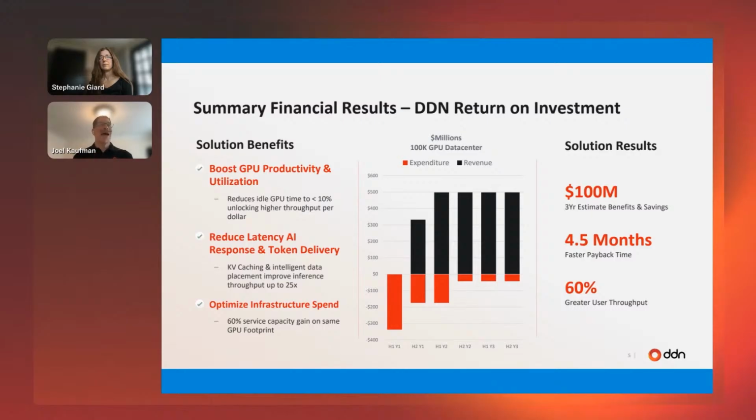EXAScaler in the latest versions has multi-tenancy, including QoS functions built in. And so we can go ahead and segment the traffic using the existing environment you already have. You can say, I'm going to give a certain portion of it and dedicate it for the traditional, classical types of training things. And then we can also segment it and isolate the inference side. And so you won't have a lot of competition there at all. You just need to make sure what you prioritize in terms of who gets the most performance depending on your needs. So it's fairly flexible in terms of what you do.